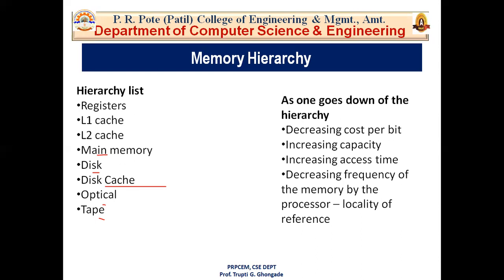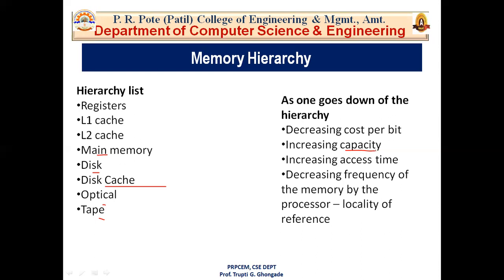Then the another term is increasing capacity. So the register size is equal to the size of what? Your registers are present inside the processor. And in microprocessors, we know that there are 8-bit registers and 16-bit registers like AL, BL, AX, BX. So there are 8-bit and 16-bit registers. The register size is always equal to the size of a word.